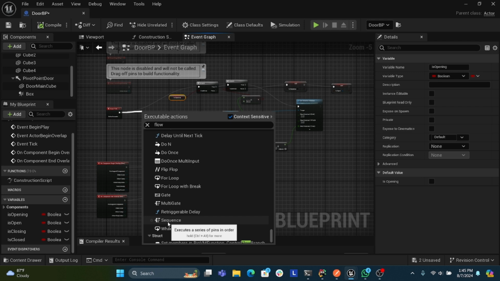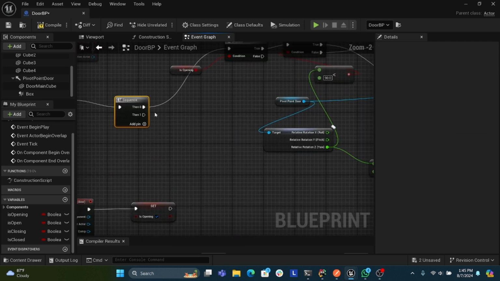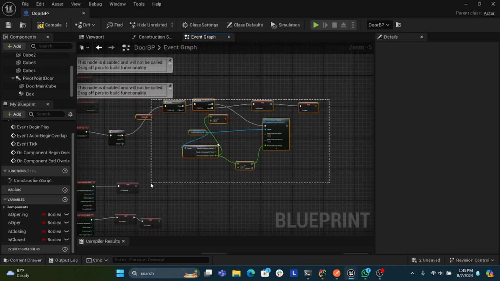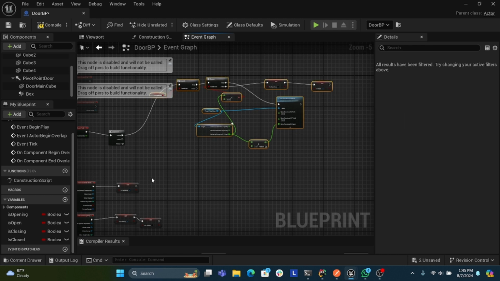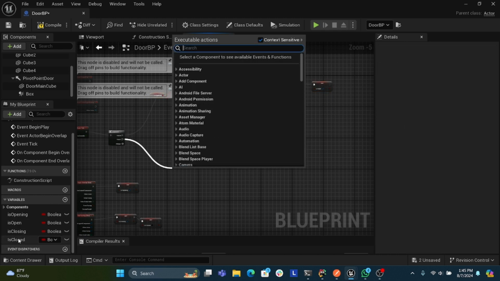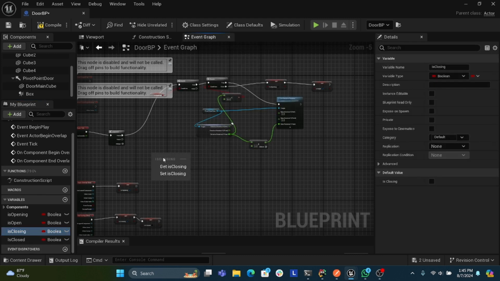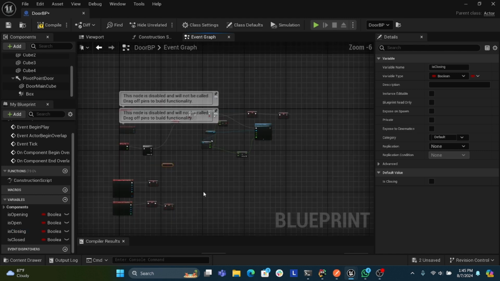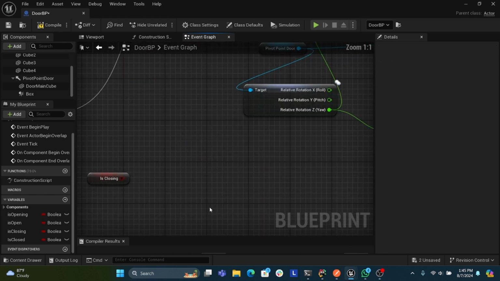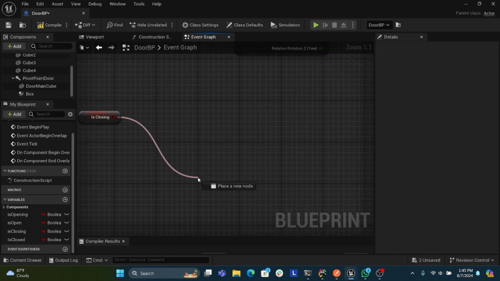Yeah, it's the sequence. We will add a sequence. This is the 0 and this is the 1, and here we will get "is closing". I don't know, it's a little messed up. I will just bring that down, and if it is closing